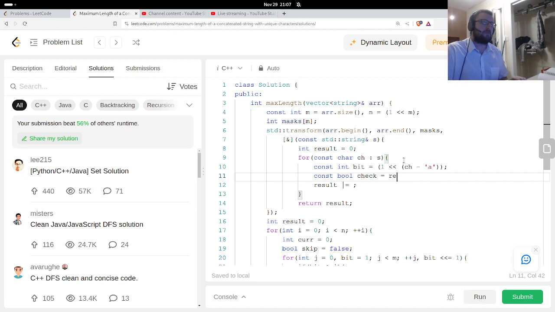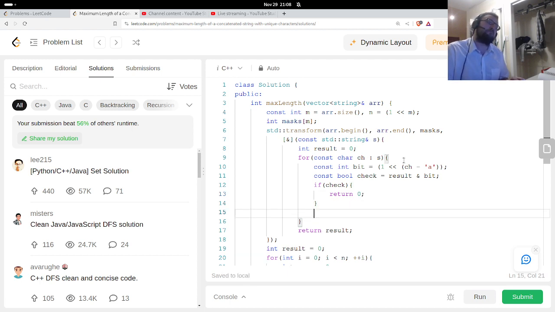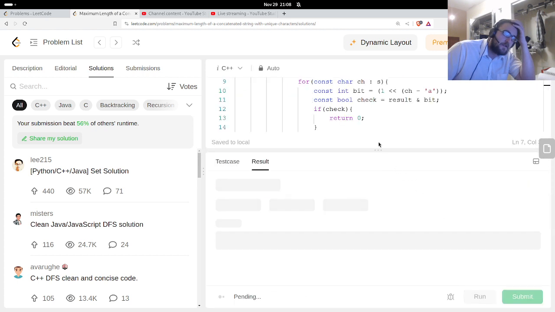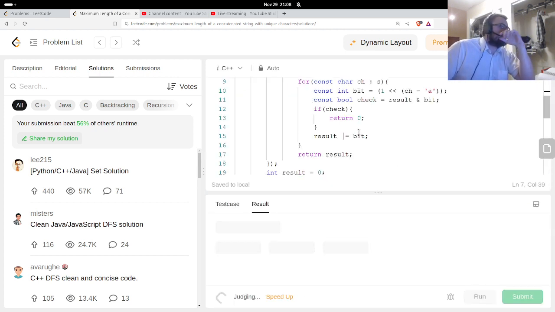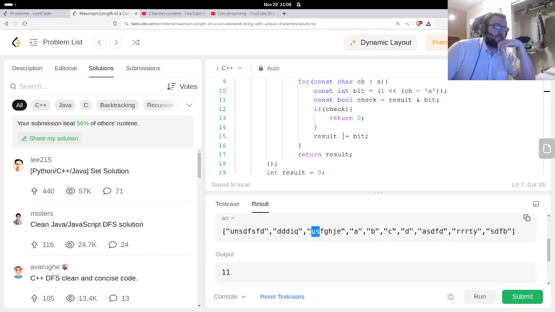That's the bit. Check is going to be result and this bit. If check is true, then return 0. Otherwise, or equal with this bit. Yeah, meaning you have to throw out the ones that have multiple.